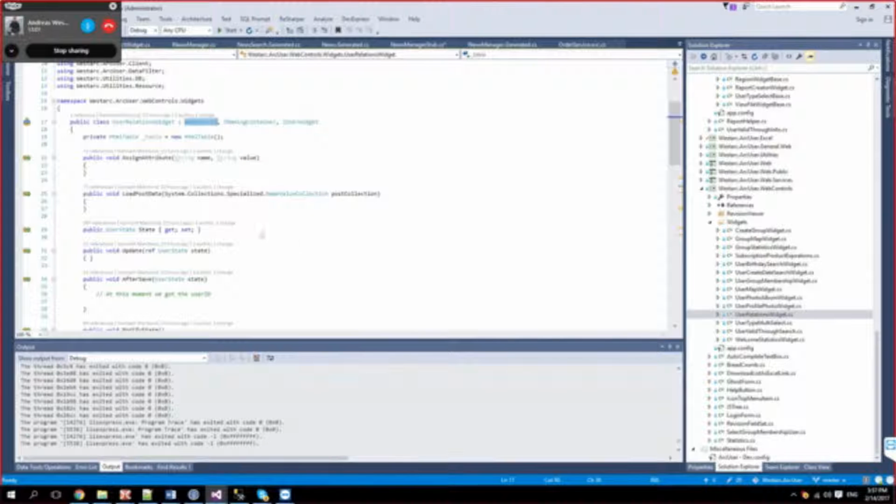It implements a web control, implements naming container, and specifically this user interface, user widget. That allows Arc member to pick it up and use it in a view user manner.